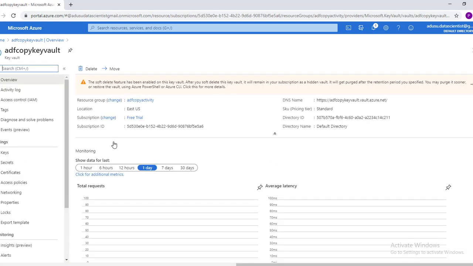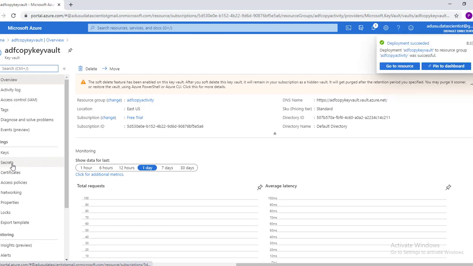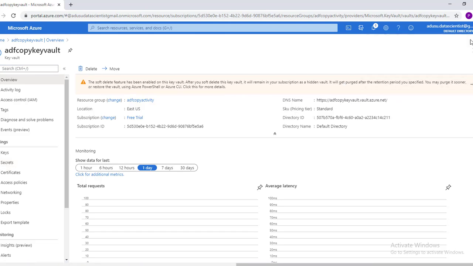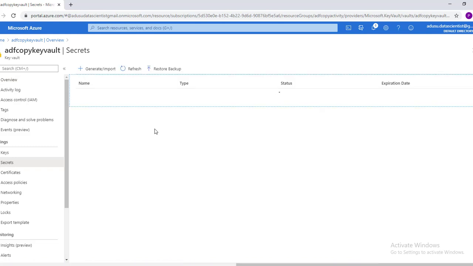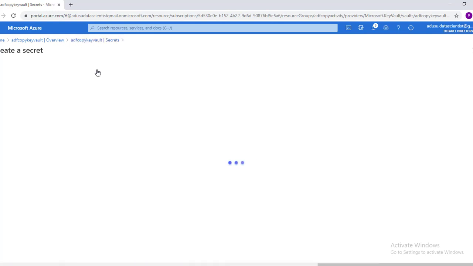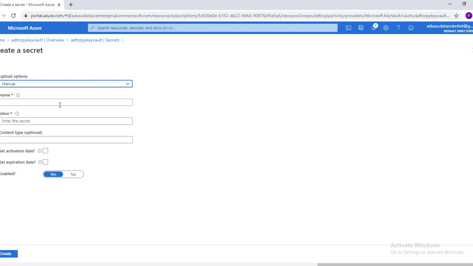In this key vault, click on secrets. We'll generate one new secret with a name. We'll use this name.